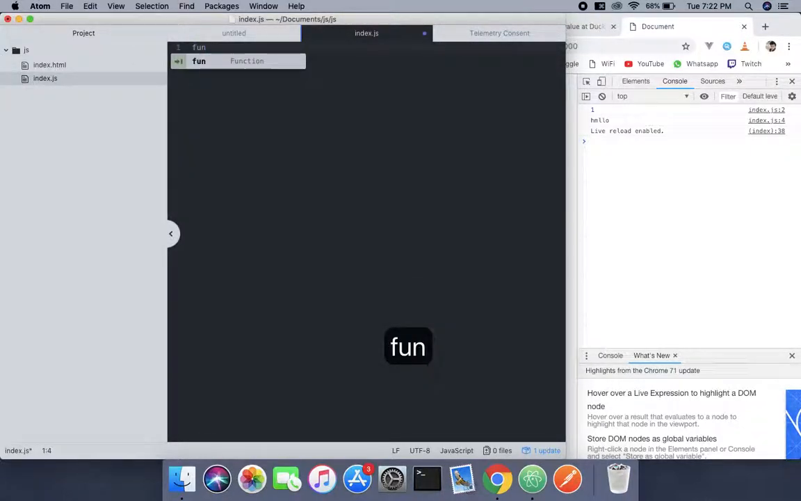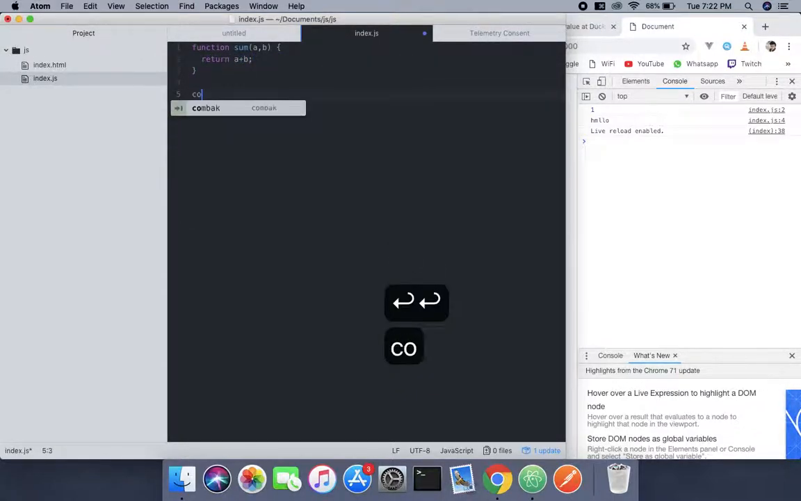Create a function, name it sum, and pass arguments a and b. Return a plus b. After that, we will make a constant and name it handler, equals